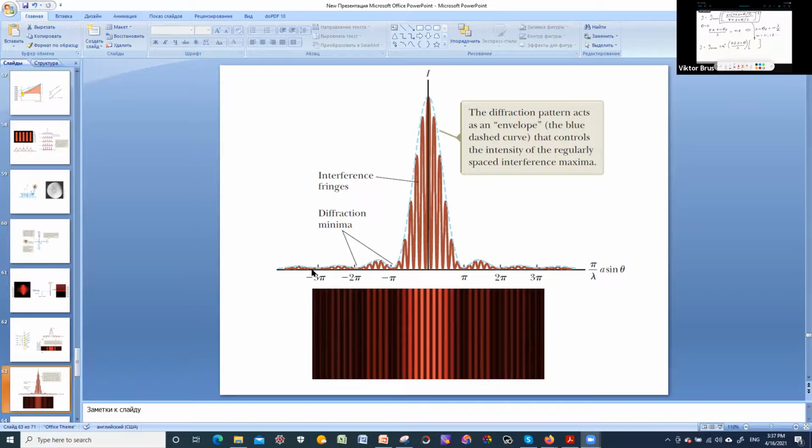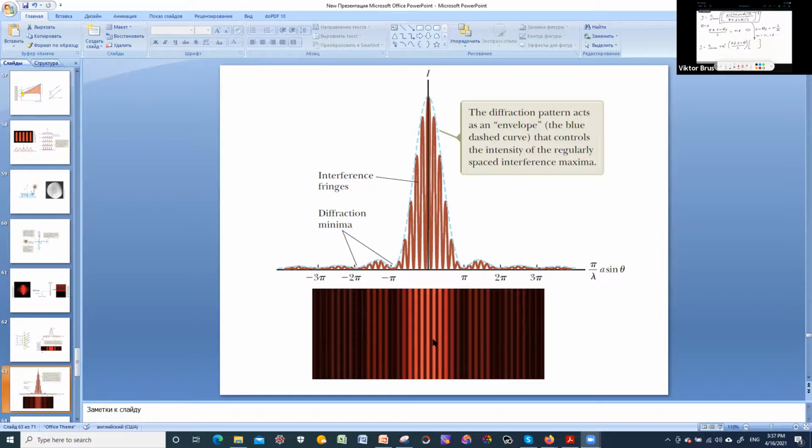And that is actually these maxima and minima, which are constrained by this envelope of the blue line, which is the diffraction pattern at a single slit. So we have such a complex distribution of light intensity with multiple bright and dark fringes originated